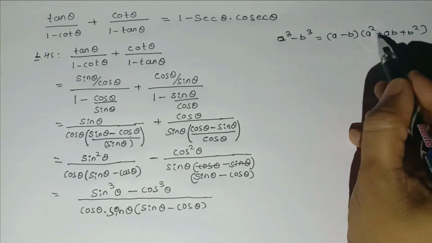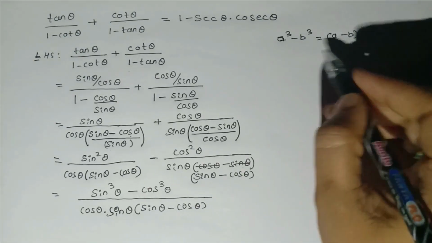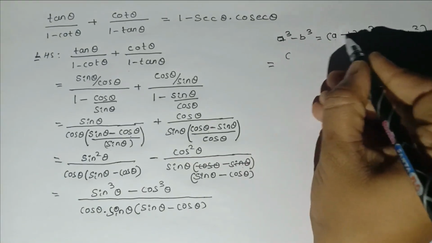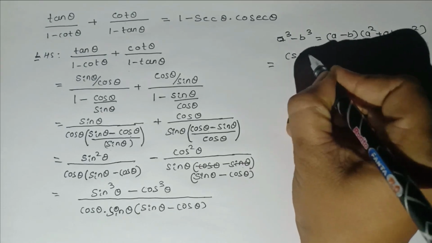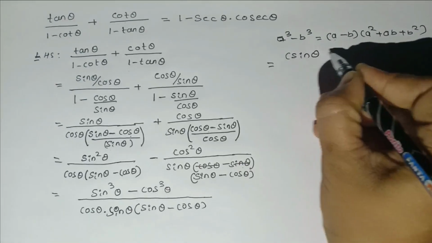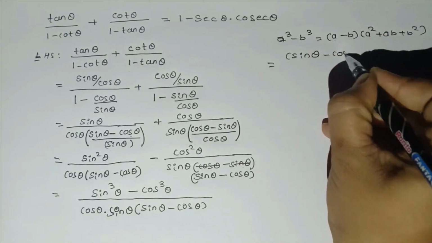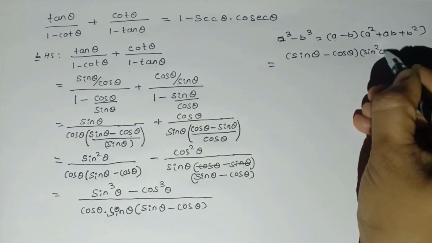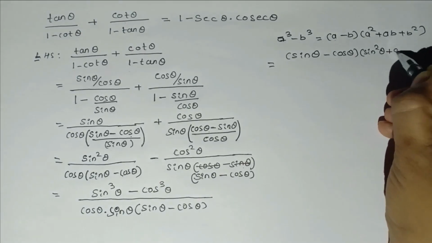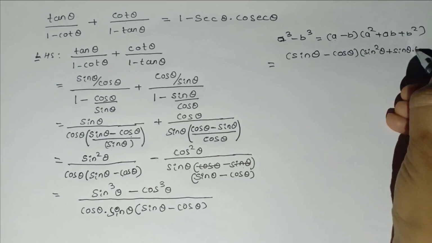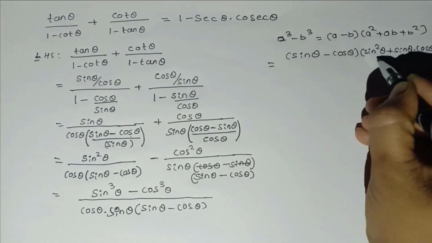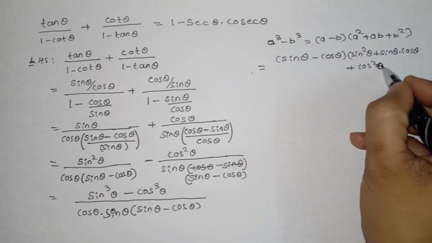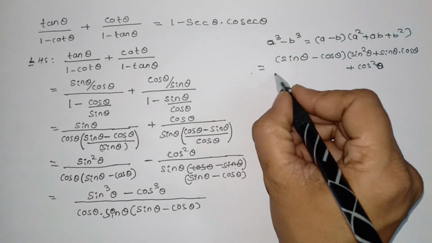So now this is nothing but one identity. So applying this identity, we can write the numerator as a minus b, that is sin theta minus cos theta into bracket sin square theta plus sin theta into cos theta plus cos square theta divided by